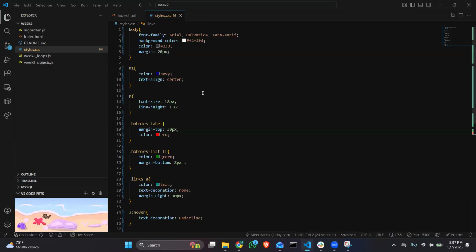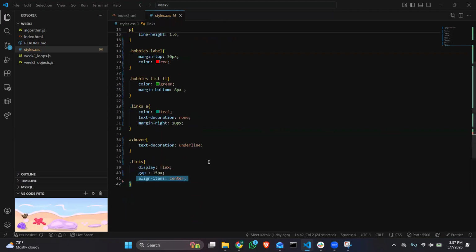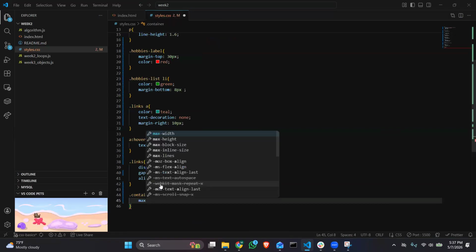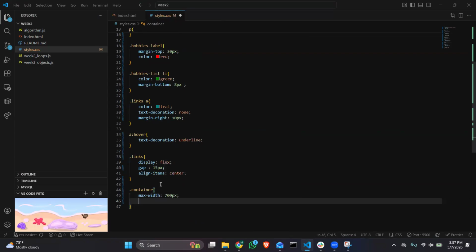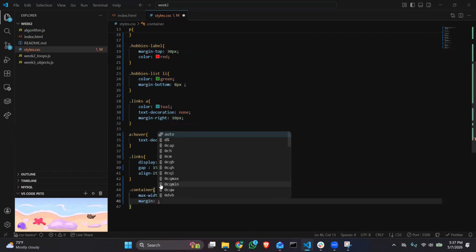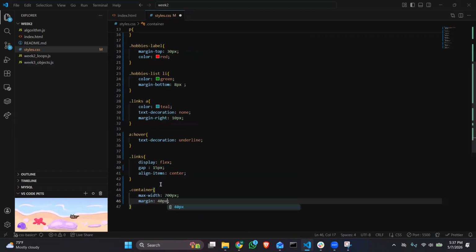This is a really common pattern because it gives us one element to control the page width, center the content, and add some internal spacing. So let's add some styling to our big container itself. Let's set the max width to 700 pixels, and then let's add a little bit of margin. Let's say 40 pixels